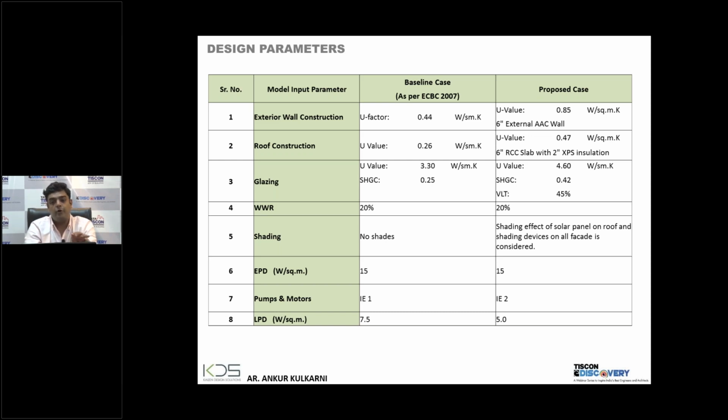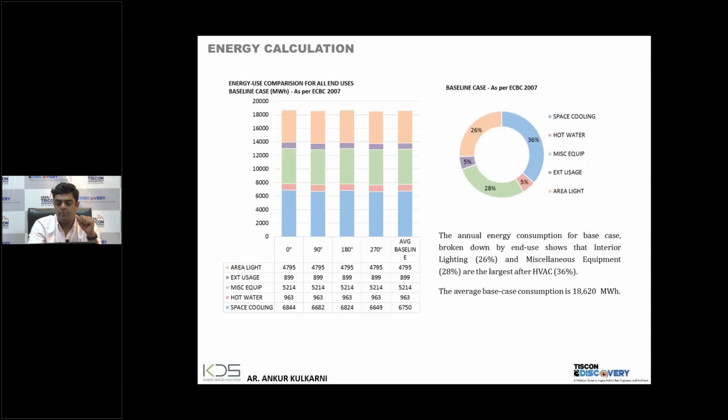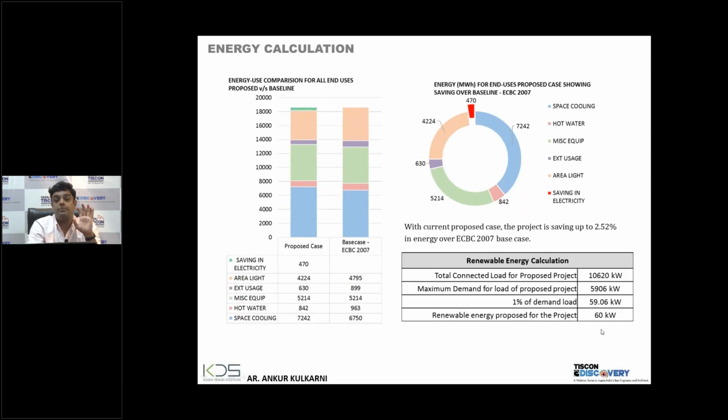LPD considered as 5 watt per square meter. Pumps and motor efficiency, IE2. External lighting load, we have been able to achieve at least 30% lesser over ECBC's Annexure 4. And domestic hot water, 30% of total hot water requirement is on solar. And apart from that, we have been able to put 60 kW of solar PV, which is 1% of your demand load. So with these parameters, my base case,